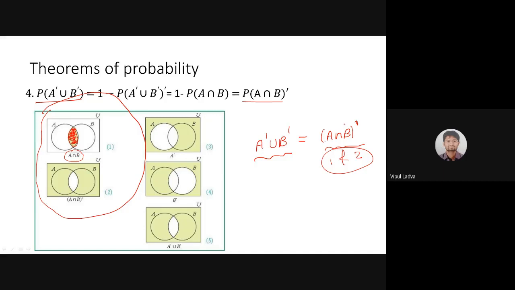Good. Now, I'm not interested in A intersection B. I'm interested in the complement of A intersection B. This rectangle boundary is my universal set. To find the complement, I need to subtract that portion from the universal set. So for (A intersection B) dash, apart from the earlier shaded portion, I had shaded all the other portions. So in this second Venn diagram, all this shaded region represents (A intersection B) dash. समझ में आ रही बात? आदित्य, आपको समझ में आ रही ये बात? Yes, sir. Good.